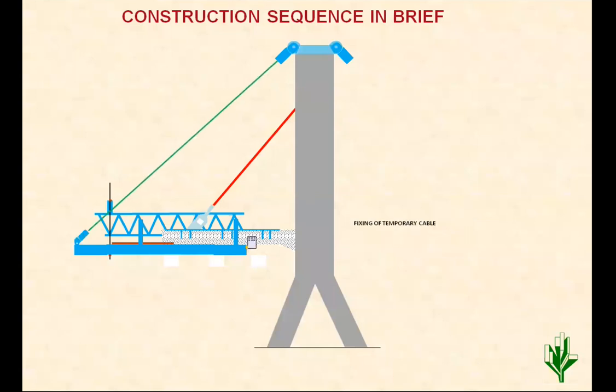So one cable was required to be introduced as a temporary cable to support the beam at front level. So whatever load of concrete will come here will be shared by this cable that will be transferred directly to the pylon, and some part will be shared to the actual concrete behind that. So this is a tie rod which connects positively to the existing deck, the already constructed deck. So some reaction is transferred here and some reaction is transferred to the cable at front point.